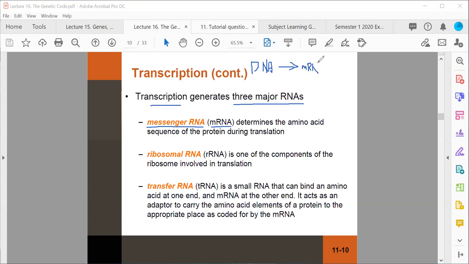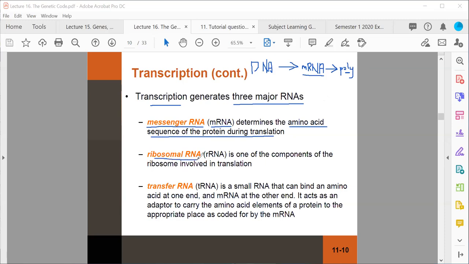sequence. DNA is transcribed to messenger RNA, and then messenger RNA will be translated into polypeptides. Okay, so that's messenger RNA. So messenger RNA will actually hold the code that determines the amino acid sequence of the final polypeptide at the end of this process. But there are also many genes that